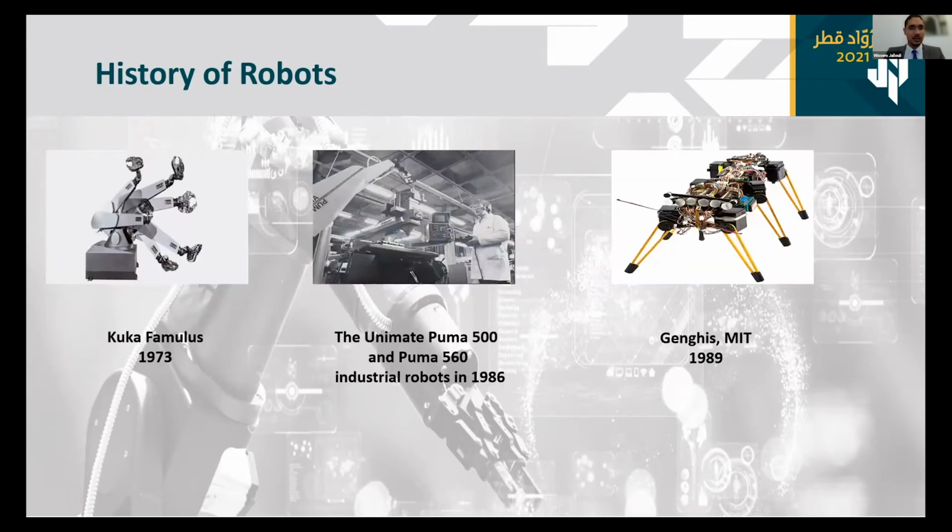Jumping now to 1973, where KUKA, famous for robots, was the first pioneer. KUKA wrote history as a robotics pioneer with the world's first industrial robot with 6 electrically motor-driven axes. And in 1986, Puma introduced the Unimate, the first digitally operated and programmable robot. It was invented by George Devol and represents the foundation of the modern robotics industry.